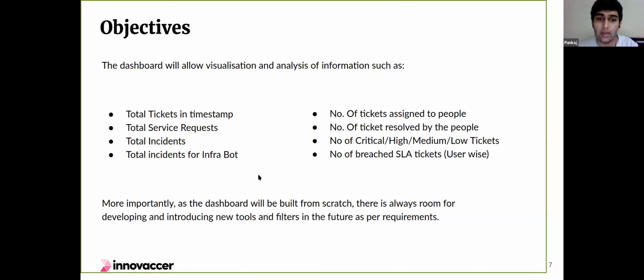The biggest reason why I wanted to build a custom dashboard, or why we need a custom dashboard rather, is because if we have a problem which is very specific to Innovaso, that 1% of problems which are very unique, you don't have to settle for a compromise anymore. If the solution to that problem does not exist, you can just talk to the developers, who are Innovaso employees as well, and they can build exactly the solution you need for your problem, and therefore you never have to compromise on the accuracy of your solution.